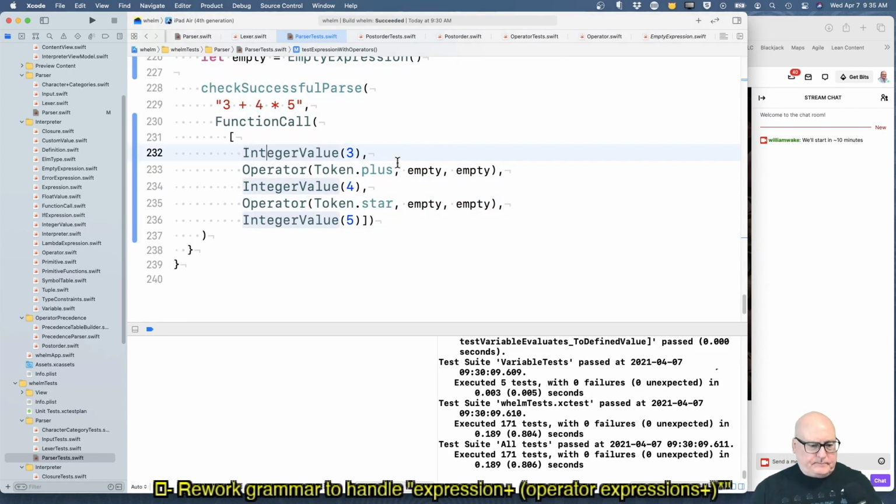Okay. So now in this new world with operators coming in, we're going to create operator trees, but they're going to be empty. And then our new parser will fill them in with the links to 3, 4, and 5, taking into account the precedence and all the stuff it does.